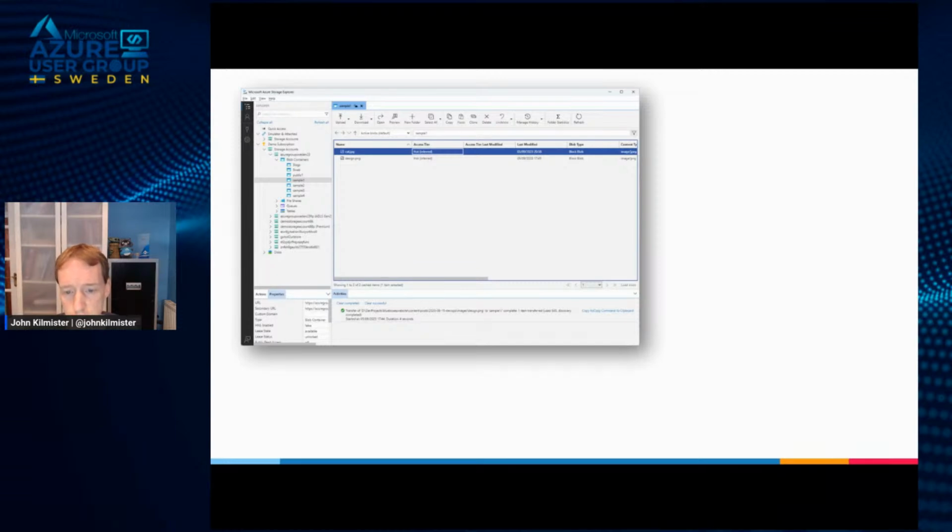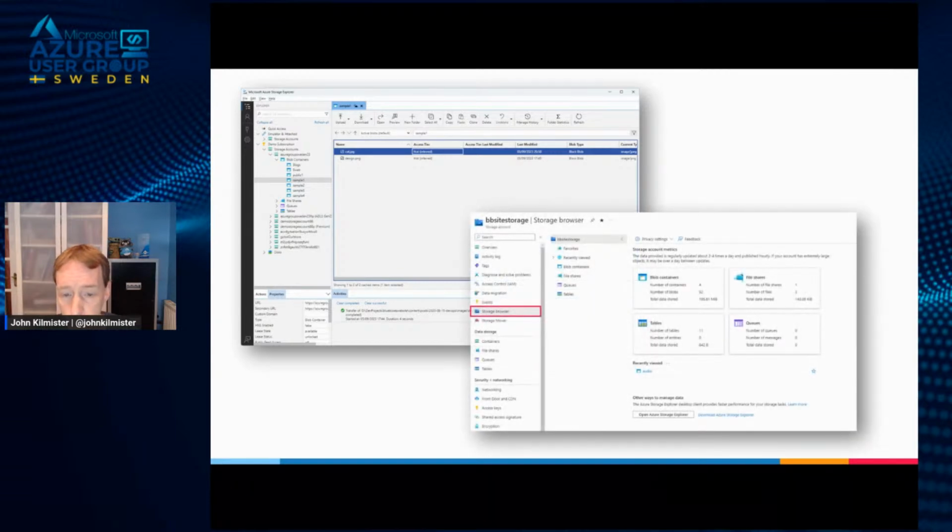So when you do actions, it's done with AzCopy, and you can copy the AzCopy commands back out again. But one thing that is a relatively new feature, we can now access Azure Storage Explorer from inside our Azure portal. So we don't need to download anything. The storage browser in here is not a like-for-like copy and is a little bit more limited, but I found it has the majority of the features and is really useful for quickly going in and managing your blobs.